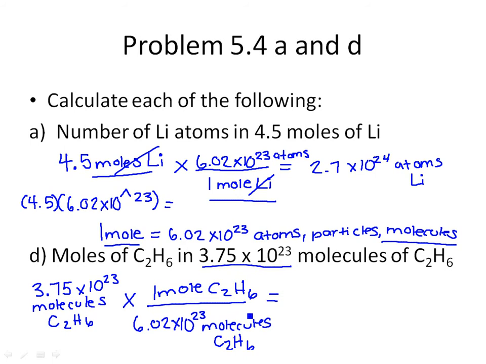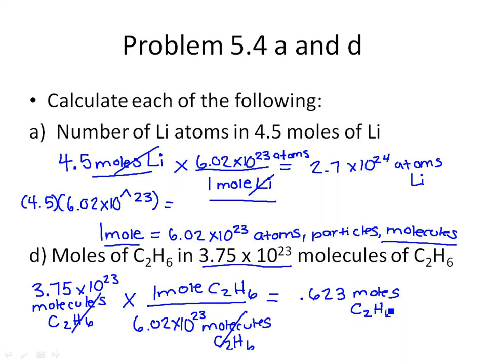Our units cancel, and we're left with moles on top. Once you do the math, you're going to divide here. You put everything in parentheses in your calculator, check your answer, and you should get 0.623 moles